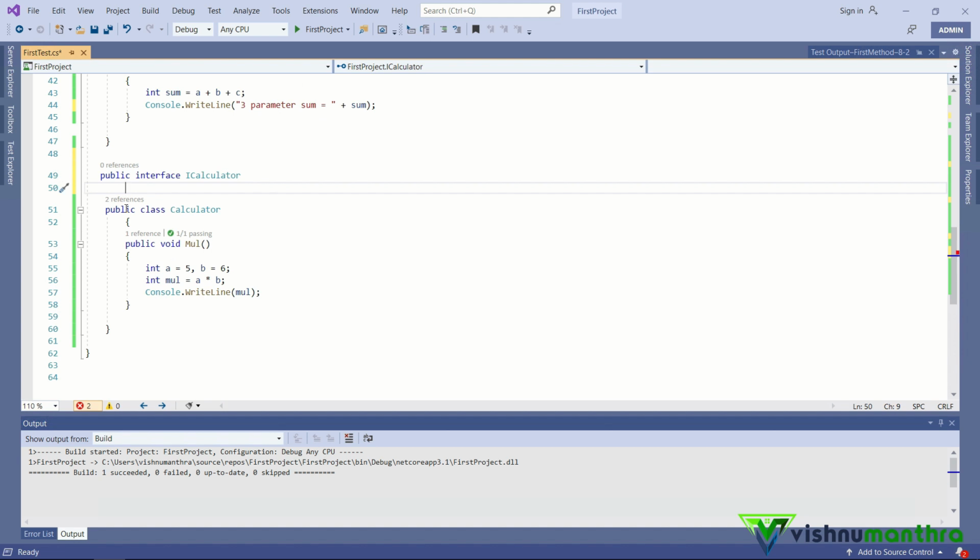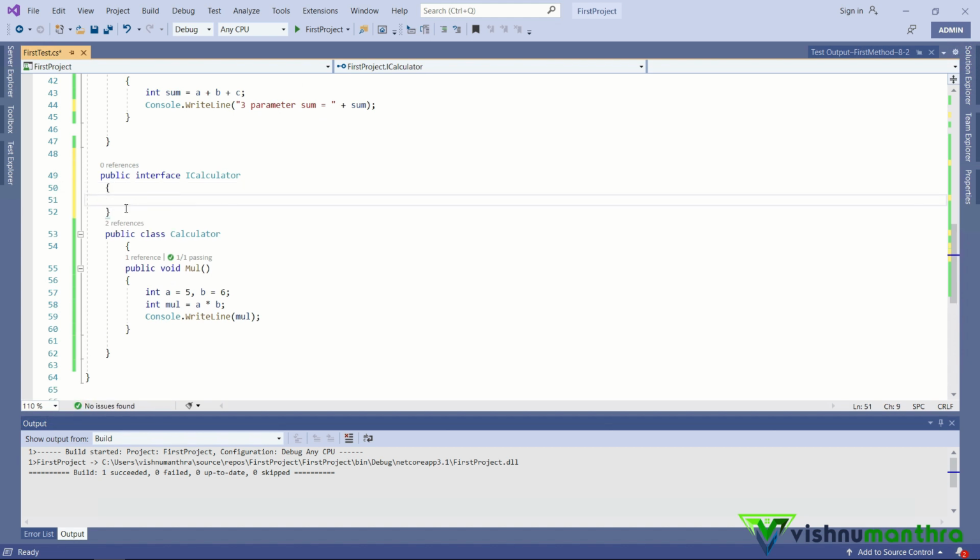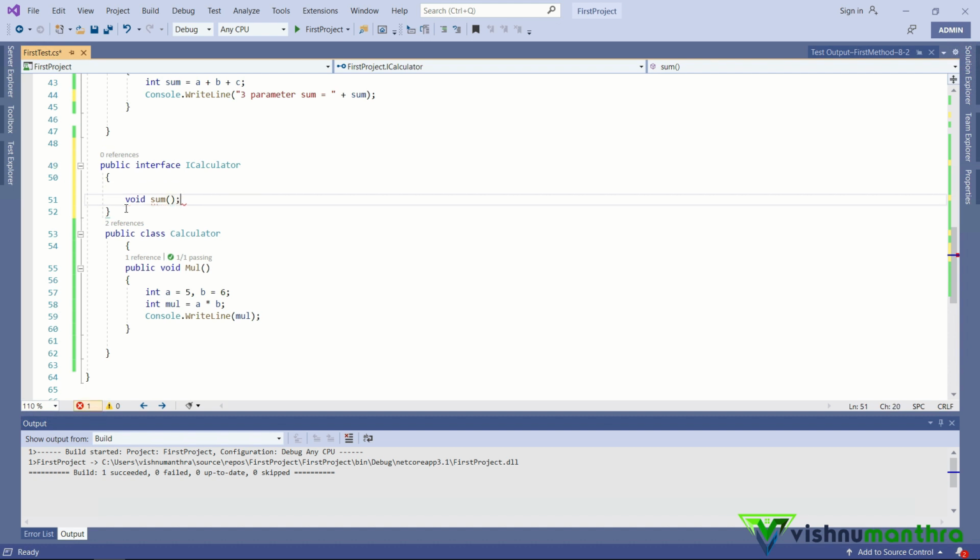Then I will have the curly braces. Now I'm going to declare a method here, void sum. You can see that I'm not implementing it. The implementation of this particular method I can do inside another class.